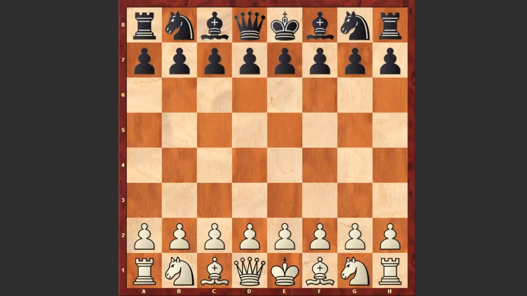With the white pieces is playing Robert James Fischer, and his opponent is Rodolfo Cardoso. This game was played during their match in 1957 in New York. This is the fourth game of their match, and Fischer started with e4, c5 by Cardoso, Sicilian defense, knight f3,